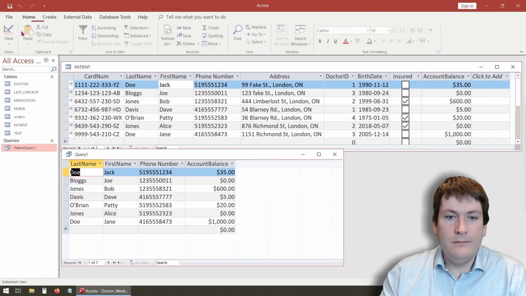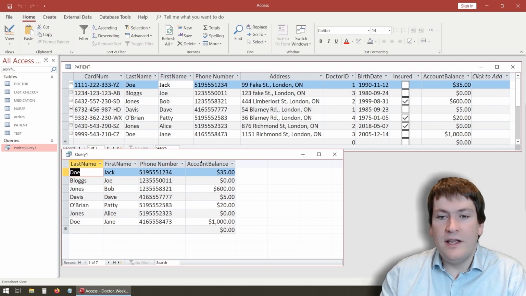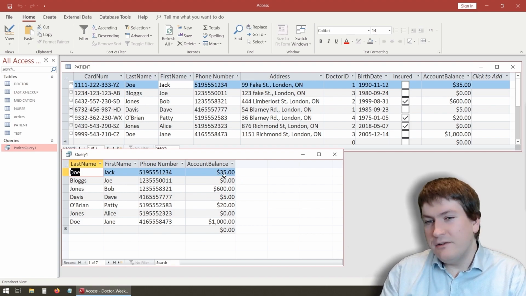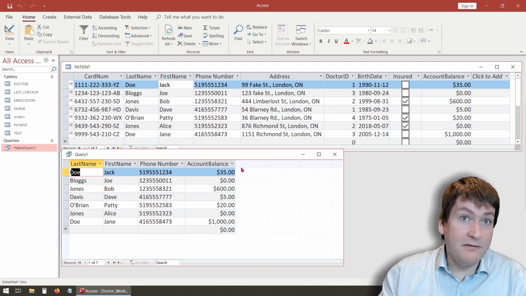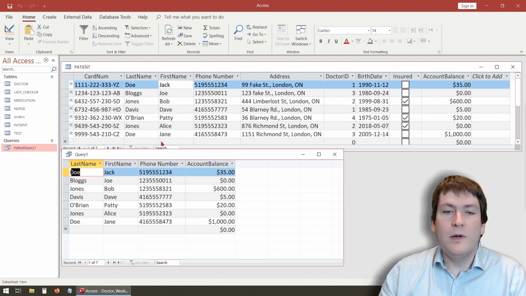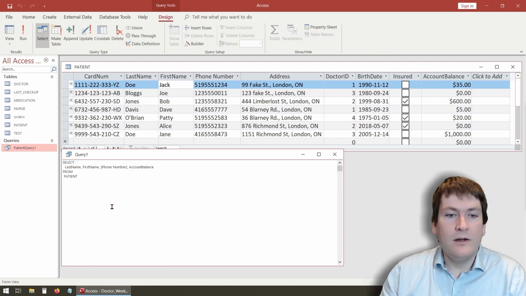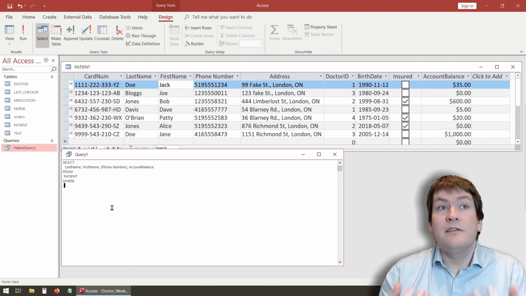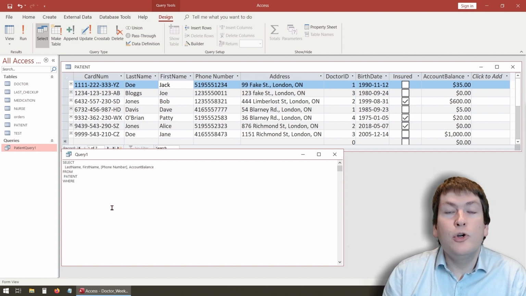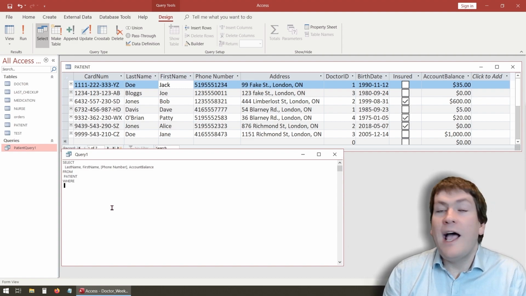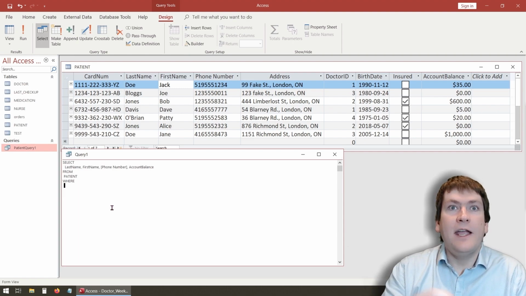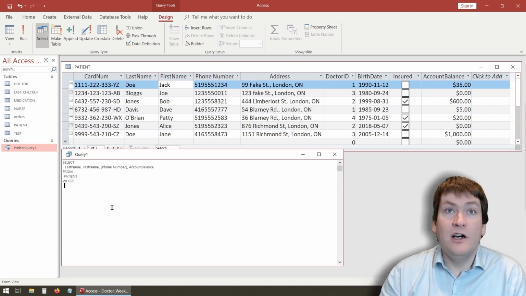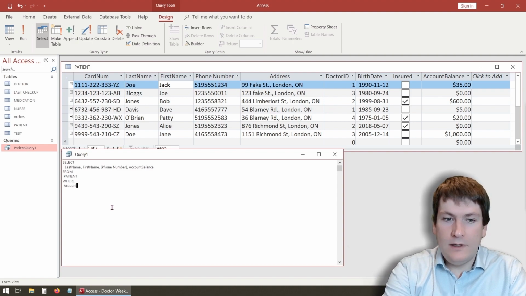If we were to run this, we get a list of all the patients and the account balance, but we wanted to only select the ones that have above 0. In here we could just pick it out, but this could be a database of thousands and thousands of records, so we don't want to do it by hand. That's where the power of SQL comes in. We're going to add back that where clause. Remember, the where clause is what allows us to put criteria on what we're going to return. So we add rules. In this case, we only want to return patients that have a non-zero account balance. So the way we do that is we say account balance